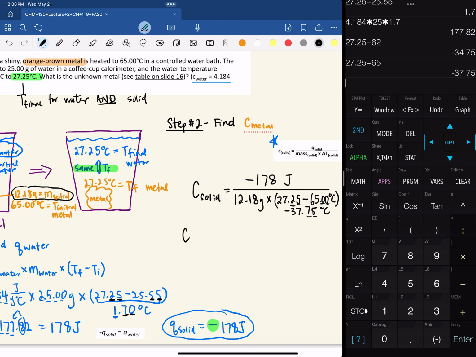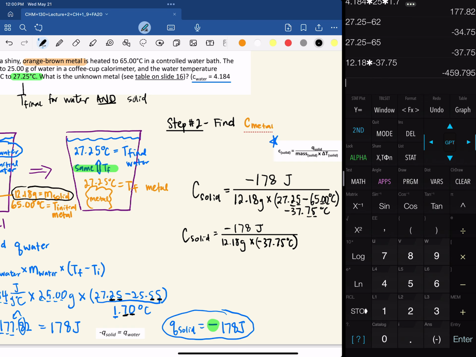So I'm going to rewrite my equation. C of the solid is equal to our negative 178 joules divided by 12.18 grams times negative 37.75 degrees Celsius. You can either type that all in your calculator or solve the bottom first. I'm going to go ahead and solve the bottom first. So I'm going to go 12.18 times negative